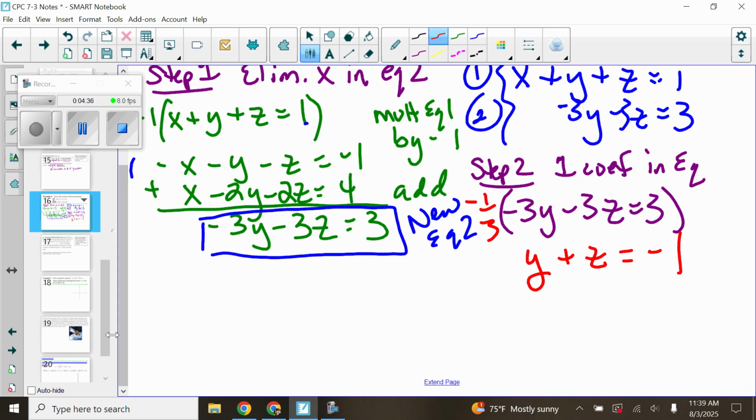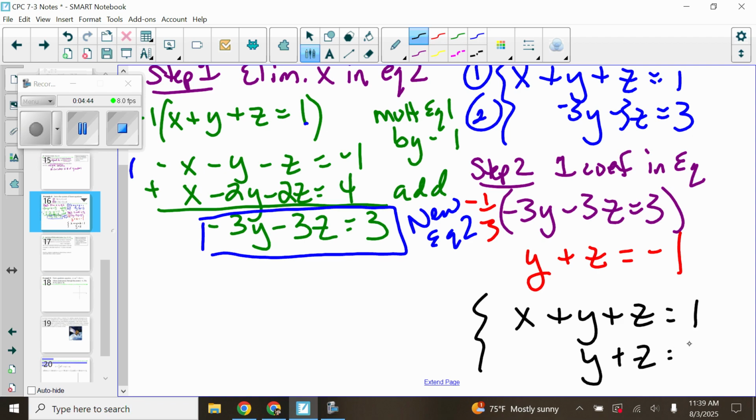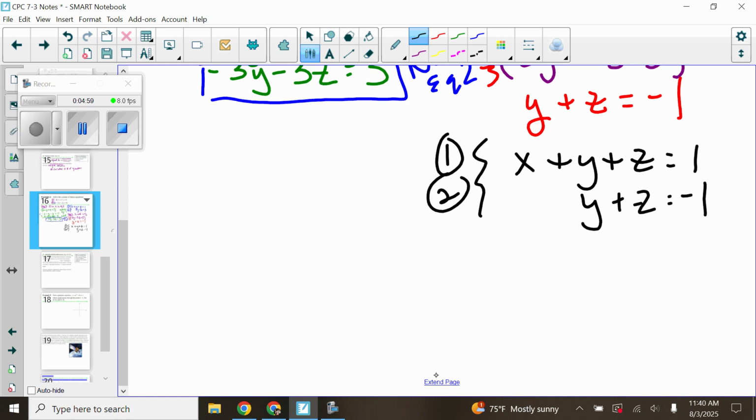So our new system of equations then, our original x plus y plus z equals 1, and then we have y plus z equals -1. So you can see our issue. I don't have another equation to work with. It's really going to be hard to back substitute to be able to solve. This one actually ends up working out not so badly, but we kind of have to follow that procedure